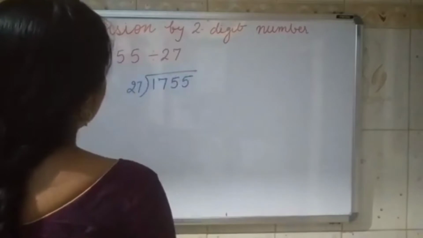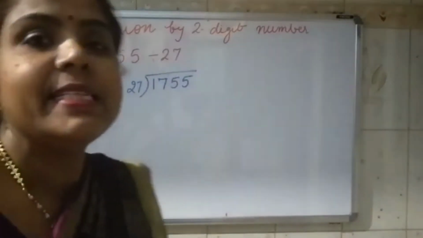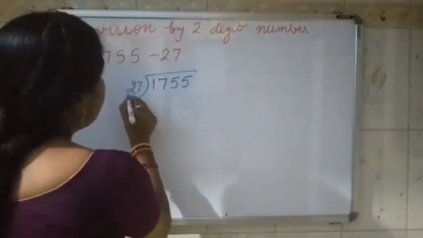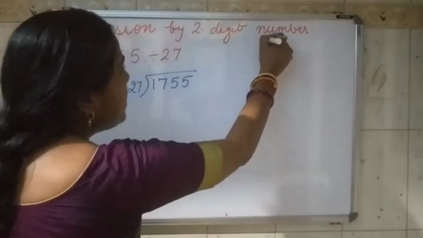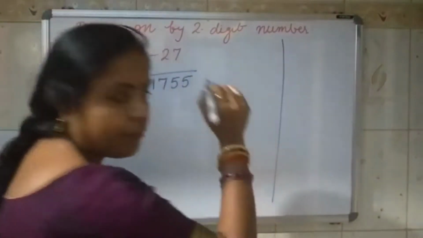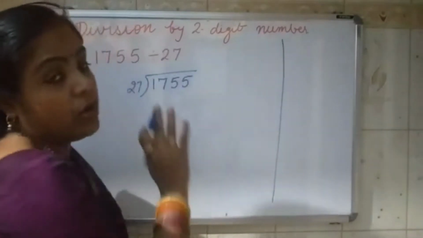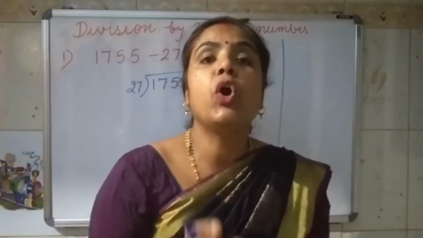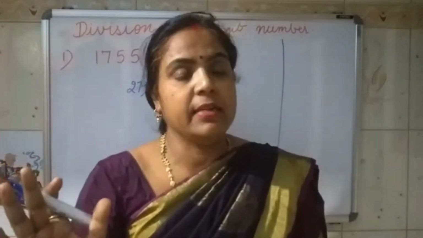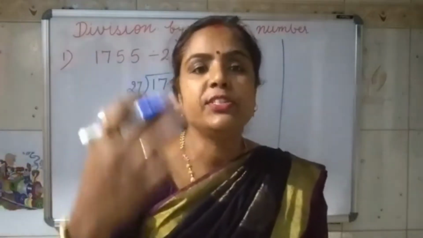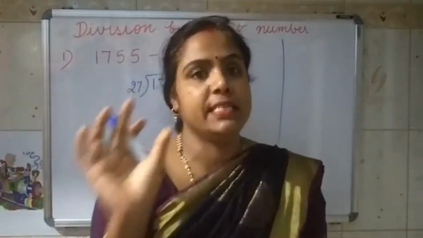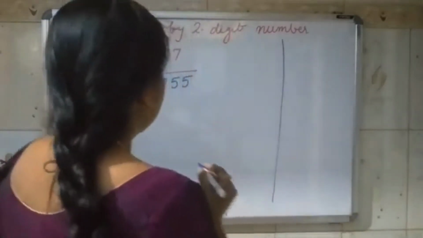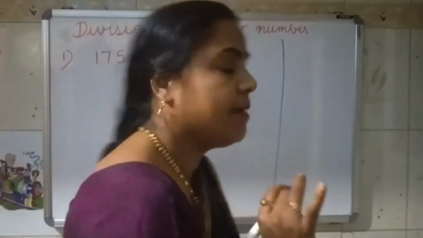Clear to you? Now we don't know the table of 27. In this case, what will we do? First we will read the table of 2, and before we start, we will make a rough column. Since we don't know the table of 27, we will use the method called try and hit method. Means we will try different numbers and see which number fits, and that number we will hit on the division process. So this is called the try and hit method.